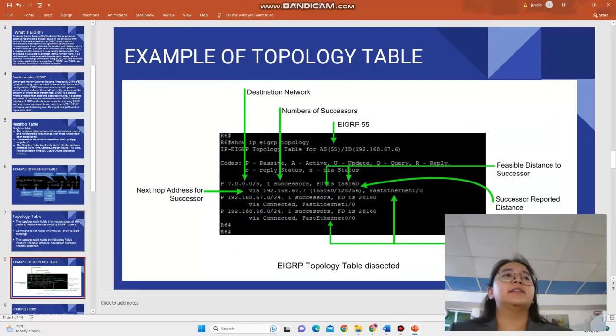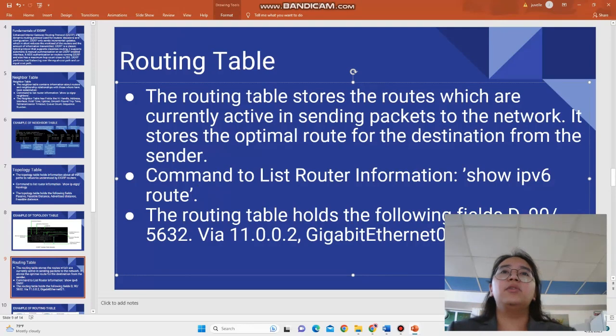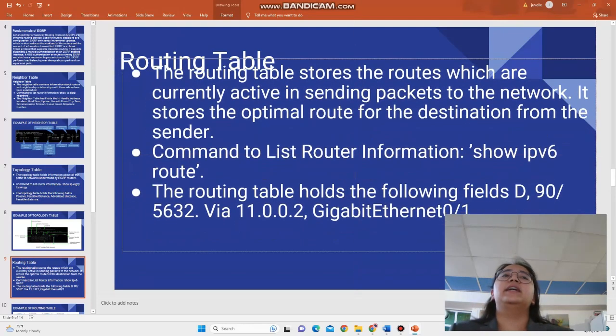So, the tables dissected. And this is the routing table. The routing table stores the routes which are currently active in sending packets to the network. It stores the optimal route for the destination from the sender. The command to list this information is show ipv6 route. The routing table holds the following fields: D